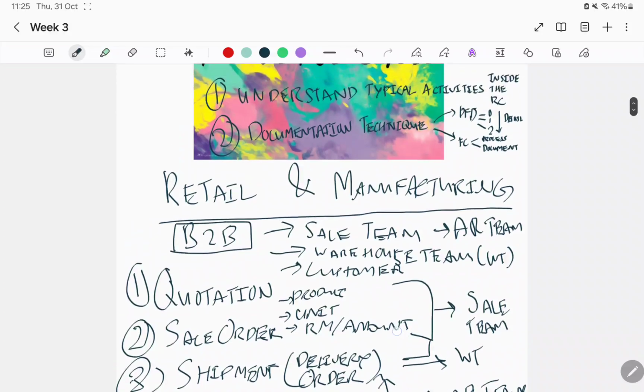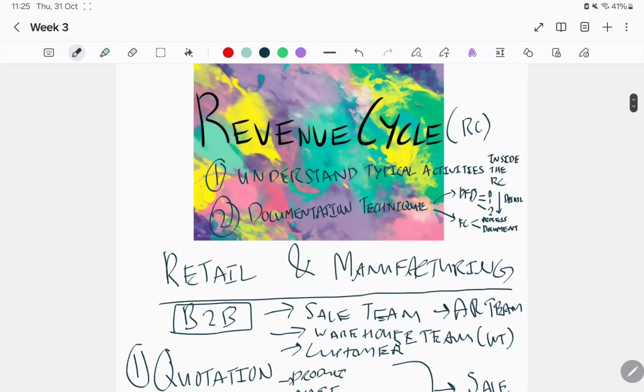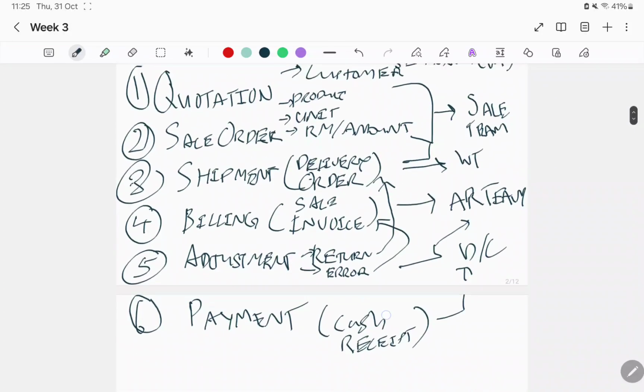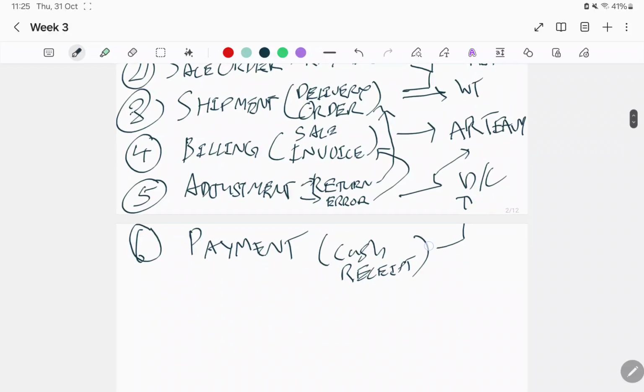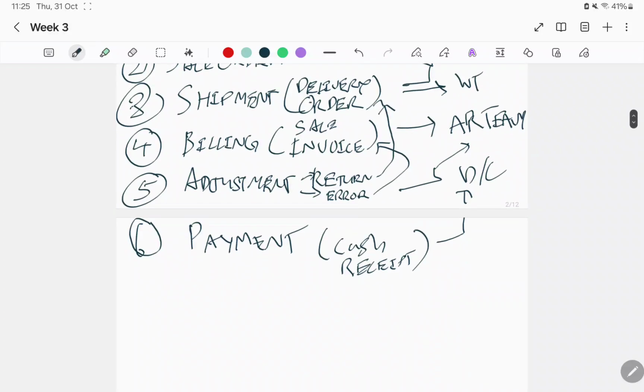But we will not talk about the internal control just yet, because we'll learn it after we learn computer fraud and the standards, the framework for the internal control, especially in information systems. Then only we'll talk about internal control. But for now,